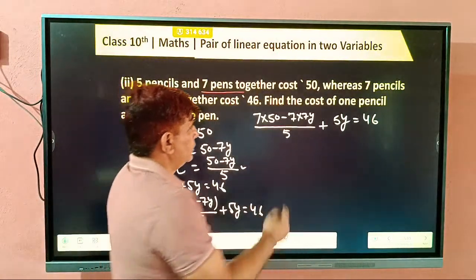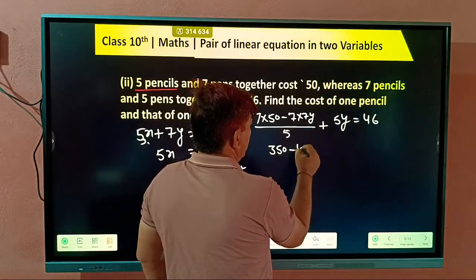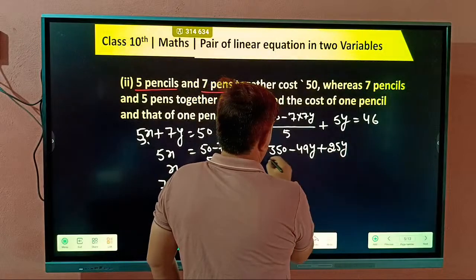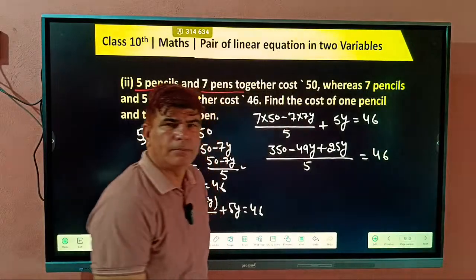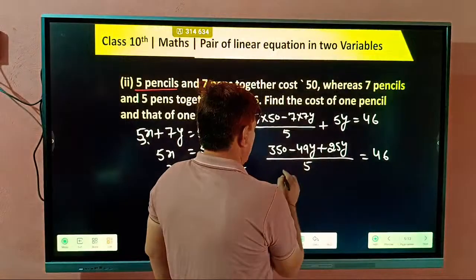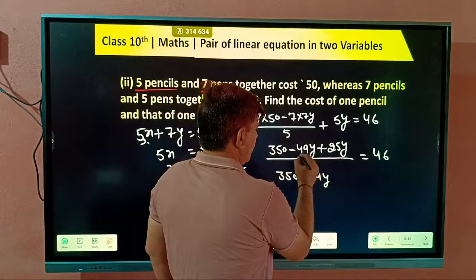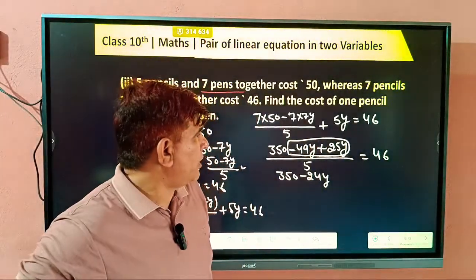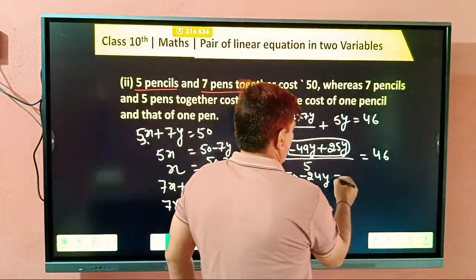So taking LCM, this becomes (350 minus 49Y plus 25Y) by 5 is equal to 46. Got it? So take this to the right hand side. So 350 minus 24Y, as 49Y with minus and 25Y with plus operate, minus 24Y is left, is equal to 46